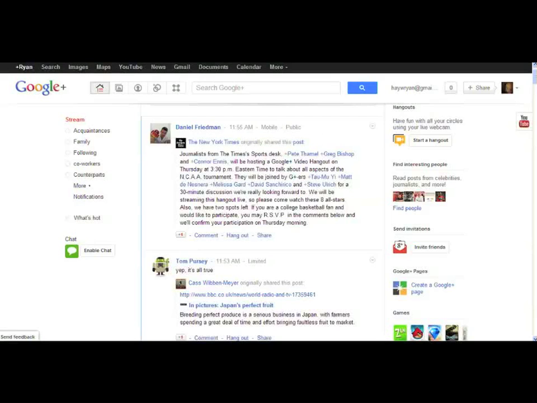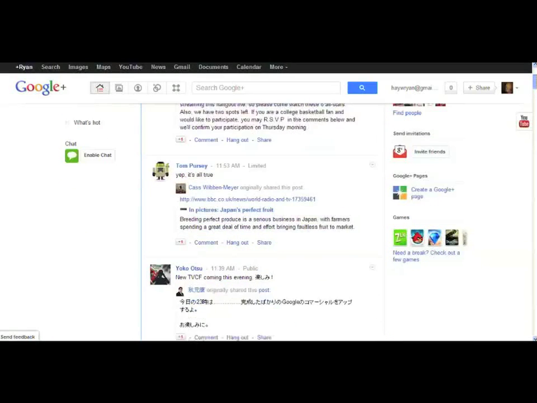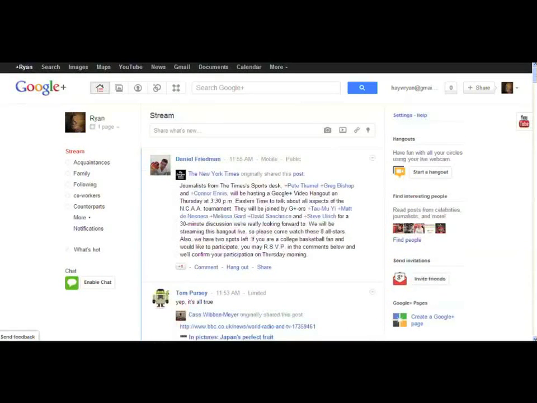Guy Tom that I work with again reshared content, an article about Japan, for example. And you can see here that one of the core features is already being shown off. So Daniel Freeman, this post was public, so he shared that so that this post can be found anywhere on Google search. You don't really even have to be connected with Dan.